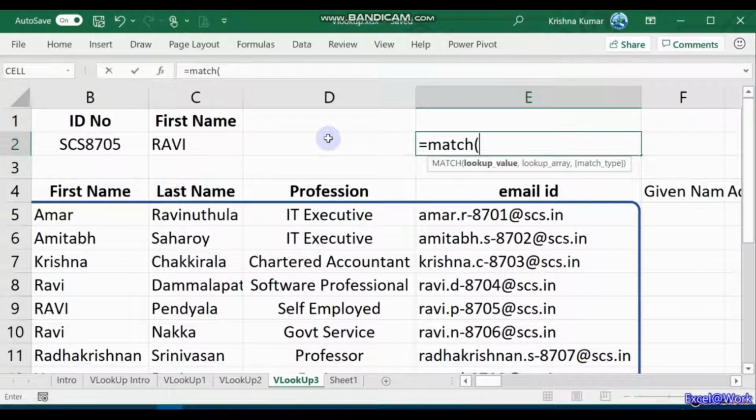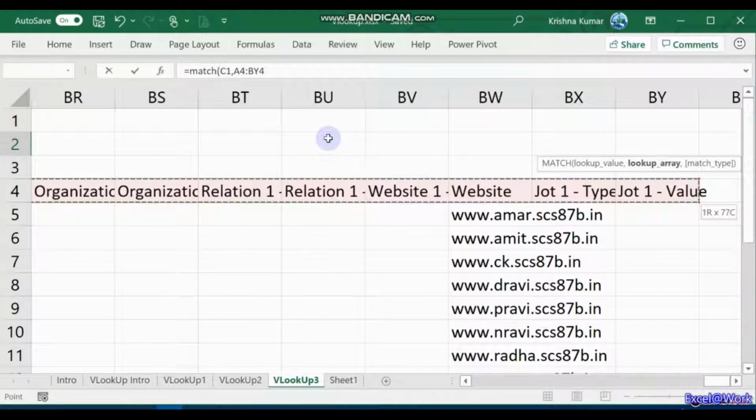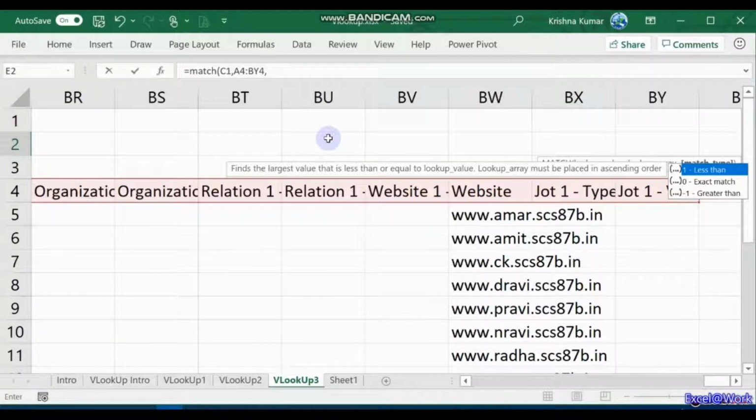Our lookup value, again we will take as first name here, and then where do you look up this value? In the header data here. That is, you look up in these columns A4 to BY4 and then go for an exact match.